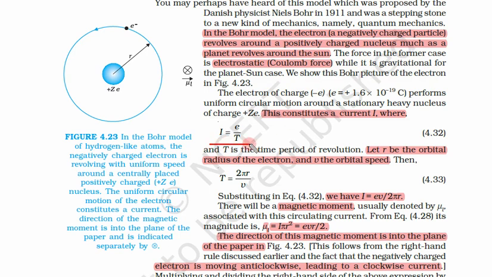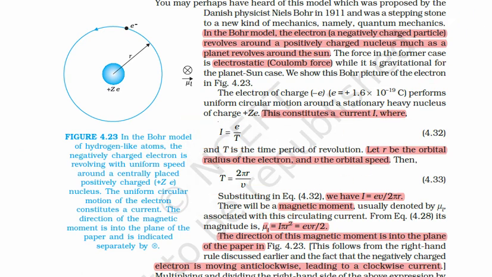So we know I is equal to E by T, where T is the time period of revolution and R is the orbital radius. So let us put the values of this. We know this nu is equal to V upon 2 pi r, and nu is equal to 1 by T. So what is the value of T? 2 pi r by V. So T is equal to 2 pi r by V. So this is the time period.